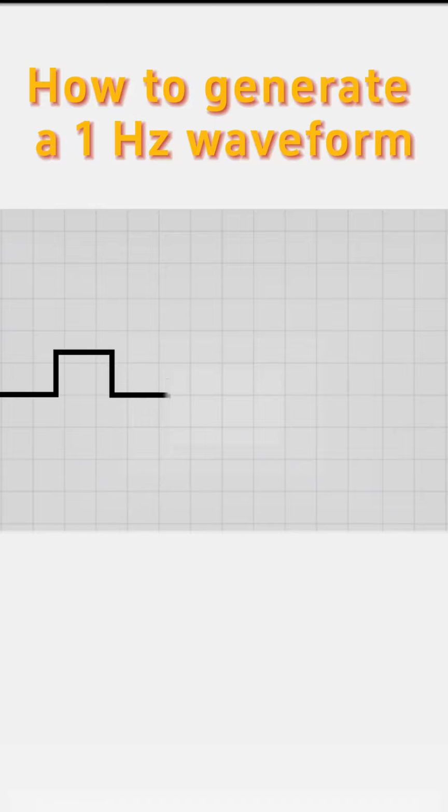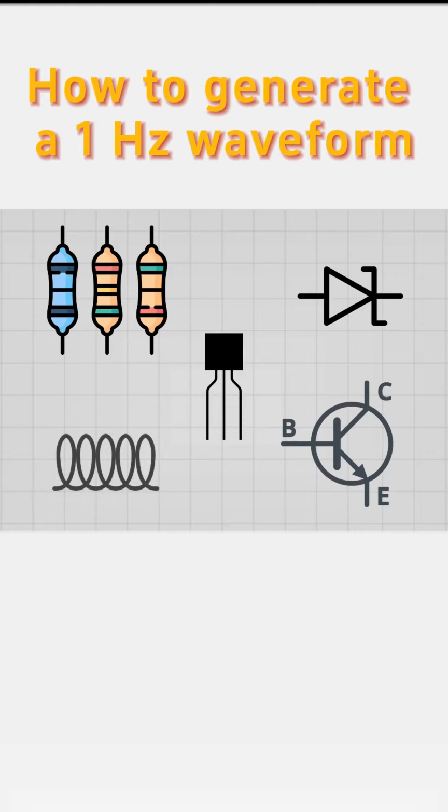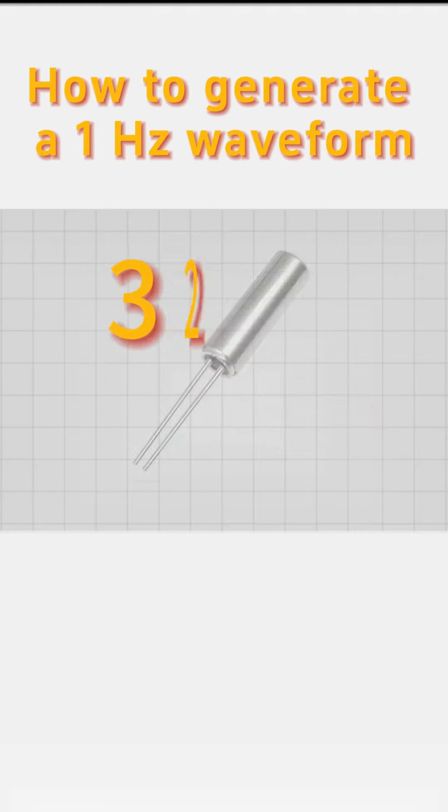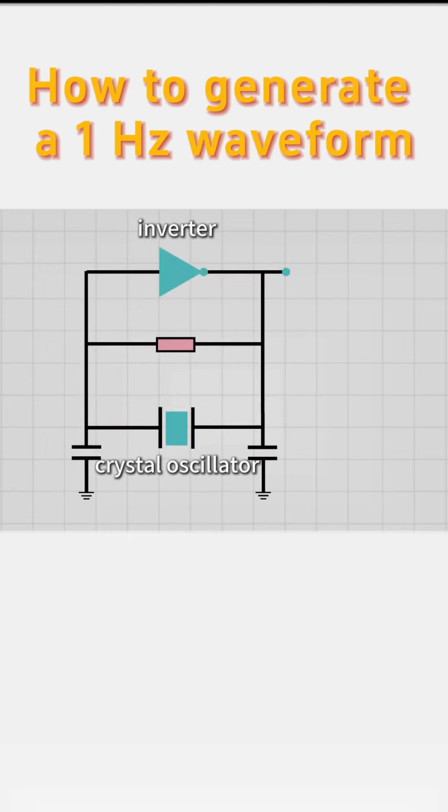This is a waveform with a frequency of 1 Hz, and it takes 1 second for one complete cycle. So what electronic device can generate such a waveform? The answer is a crystal oscillator. This is a 32,768 Hz crystal oscillator, and we need to build a peripheral circuit around it, so that it